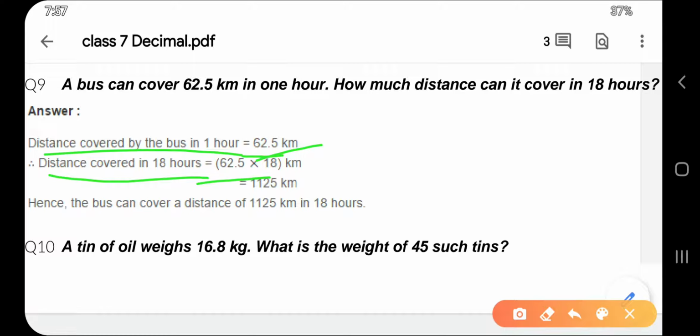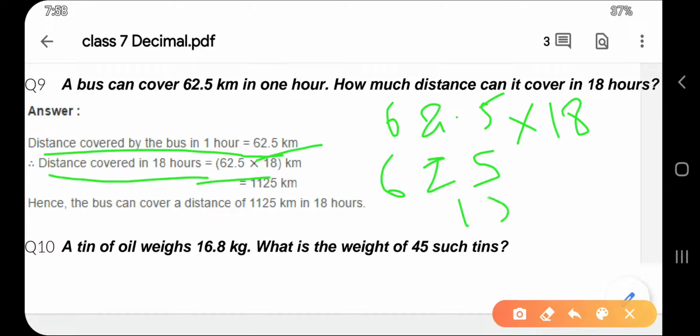And the rule for multiplication of a whole number by a decimal is very simple. There are 2 steps involved in it. The first step is to multiply the decimal without the decimal point by the given whole number, and mark the decimal point in the product to have as many places of decimal as there are in the given decimal. It means that you have to multiply 62.5, suppose you have to multiply it by 18, you just need to multiply